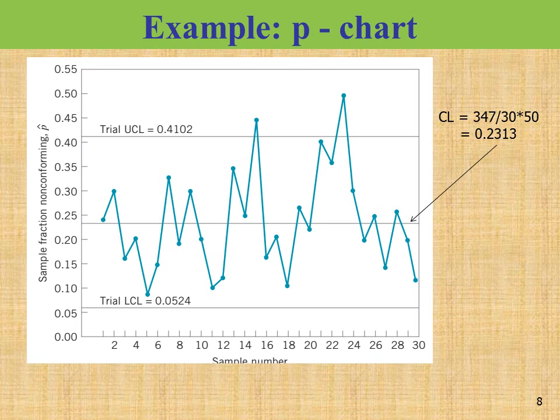For finding the upper and lower control limits, we use the formula given previously, and then we plot